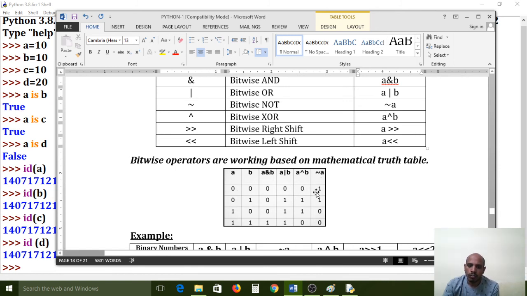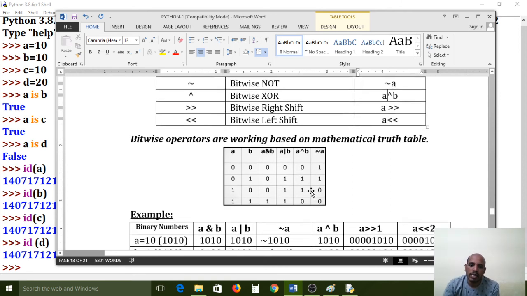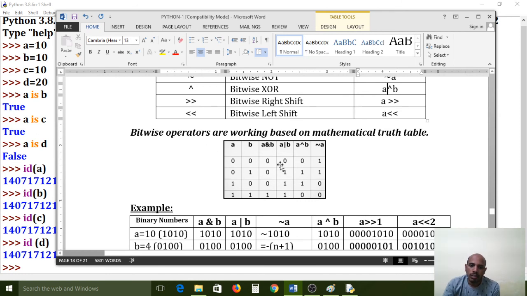Here 0 1, 0 reverse, true to false, the opposite format. False, true, so that's why. So here I use negation on a, so compulsorily you need to understand this line, this row, I mean this column. Here the first bit is false, then it is true. The second bit is false, then it is true. The third bit is false, then it is true. The fourth bit is true, it is false. Like that, bitwise operators use the truth table.